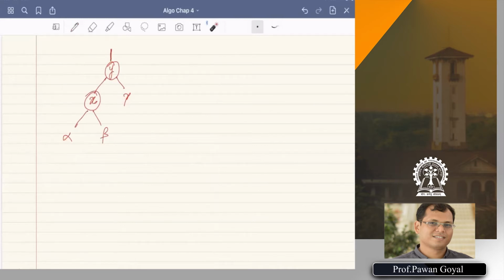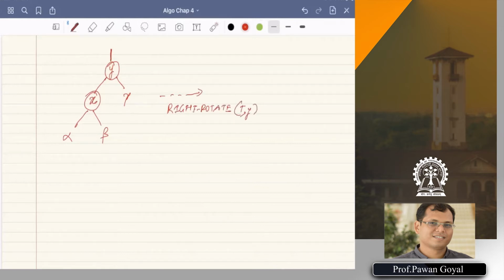Now when I do rotation with respect to the root of the particular subtree I am considering, I can talk about doing a right rotation of this. So, right rotate, and suppose t is the tree under consideration with respect to y.